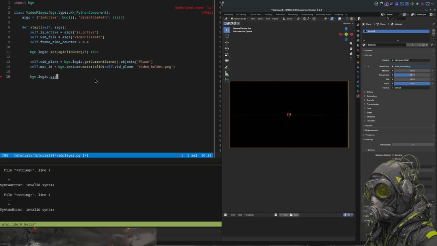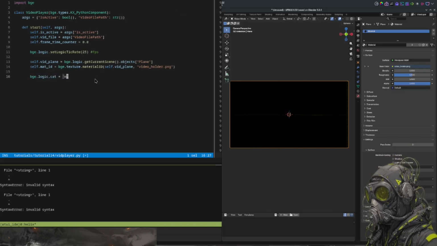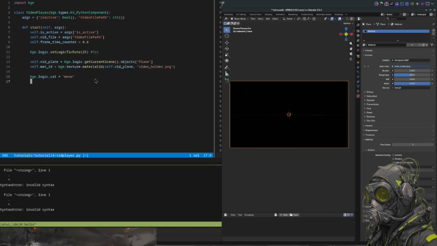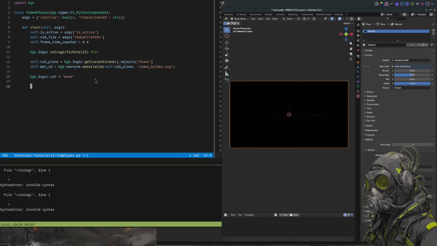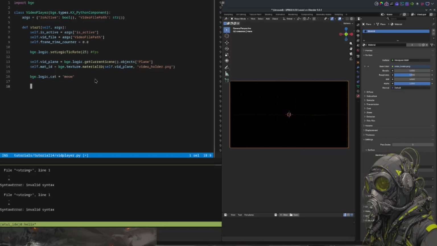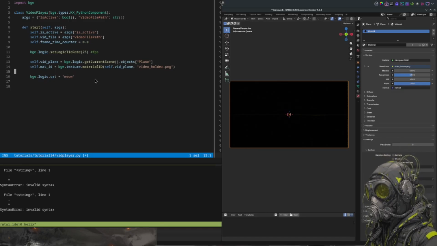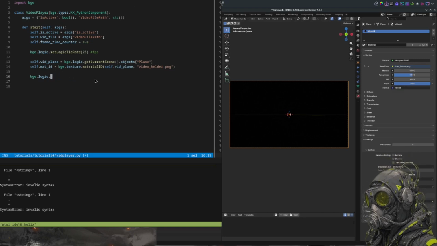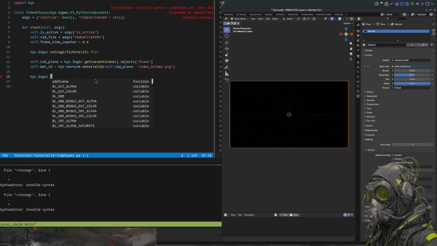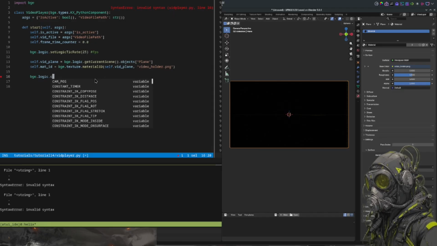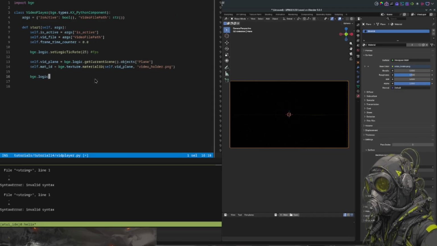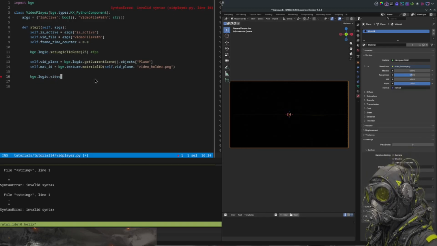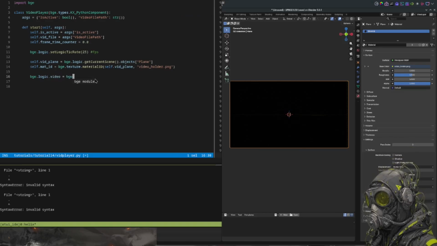Like I could add a variable called cat, and it's equal to meow. And then if in another part of the code I were to print bge.logic.cat, it would say meow, right? So you can add sub variables to the logic class right here. So we're going to do that, and we're going to create one called video, and we're going to set it equal to